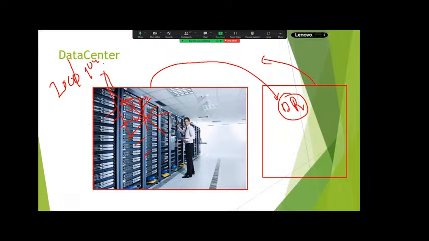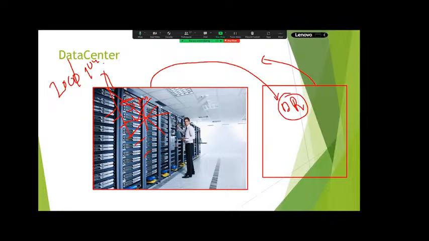Even though it collapsed, the US did not lose even a single record. Single record in the sense that whatever debits and credits were handled by the US, they haven't lost any such data. Why? Because they were already maintaining disaster recovery, another data center.